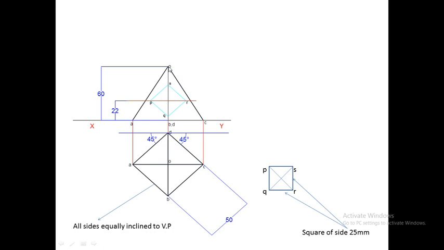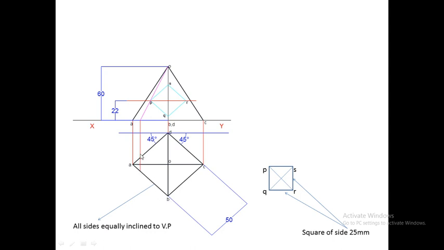So we have to draw extra slant edges in the front view passing through point P and point R, and then project them in the top view. So we will draw the extra slant edge. So this is the extra slant edge passing through point P. Now we will project this slant edge in the top view. So after projecting the slant edge, this line cuts side AD and side AB at 2 points, point 1 and